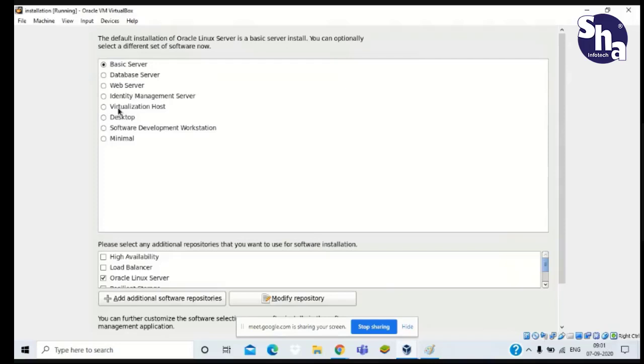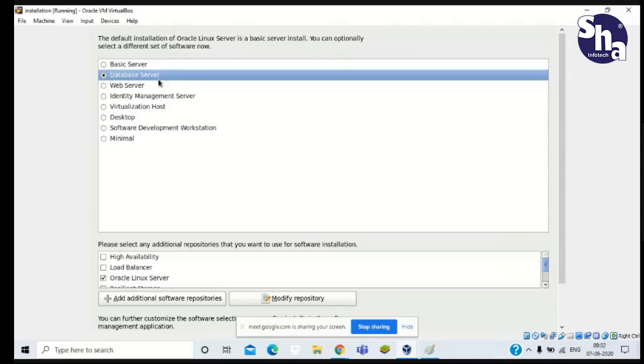That means you want to work in a database. In future you will be working with databases, so we have to use this database server.